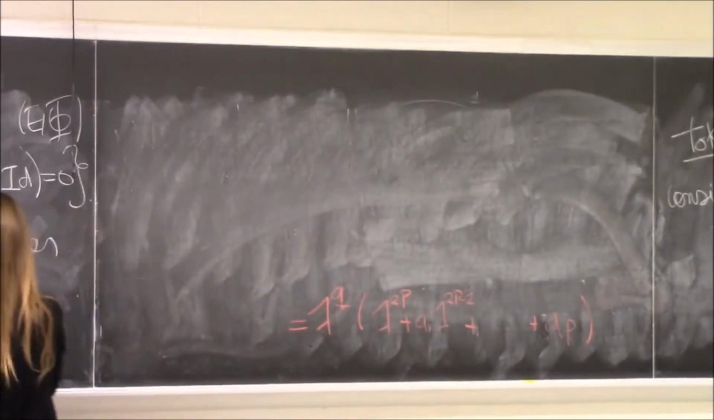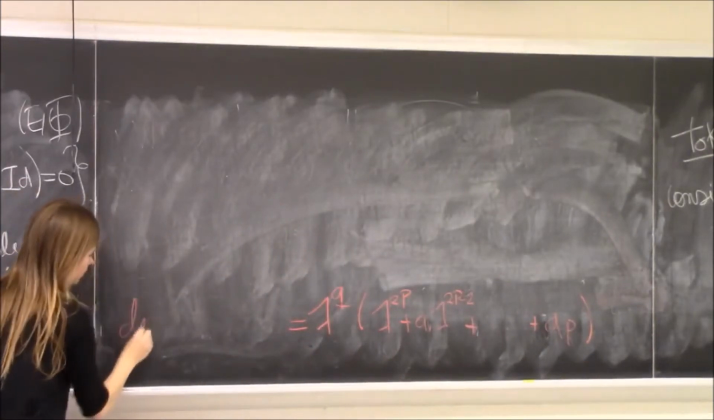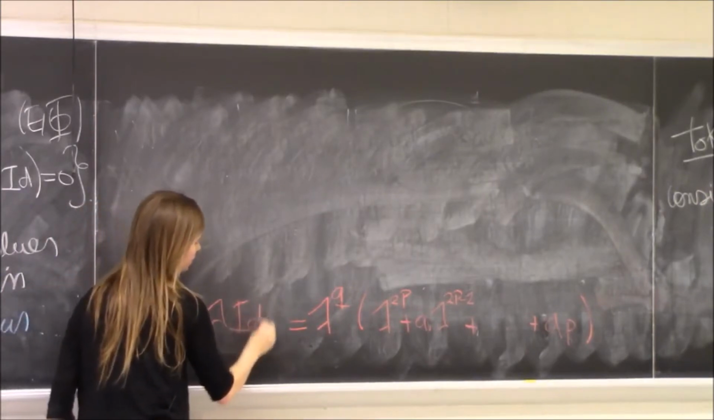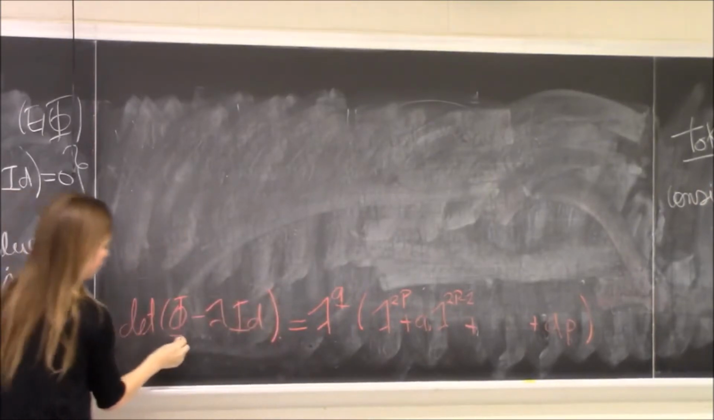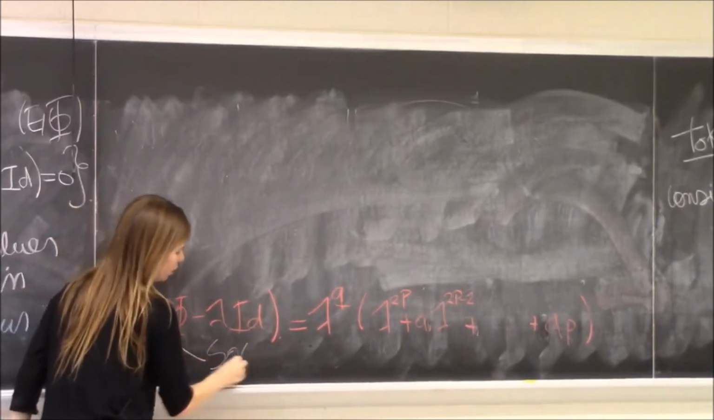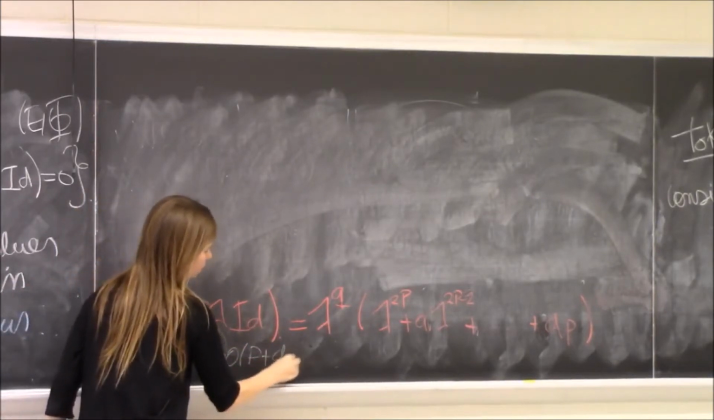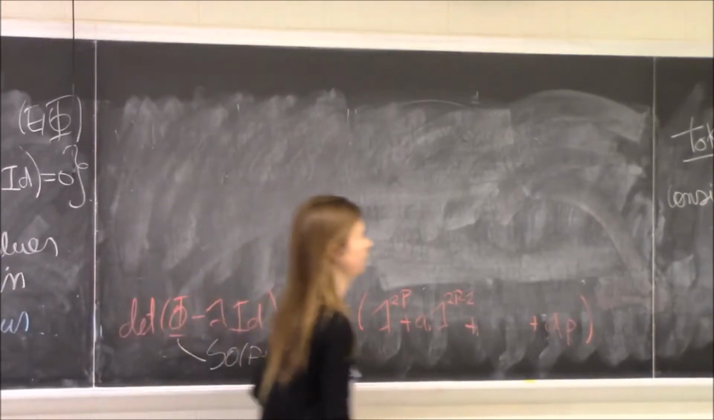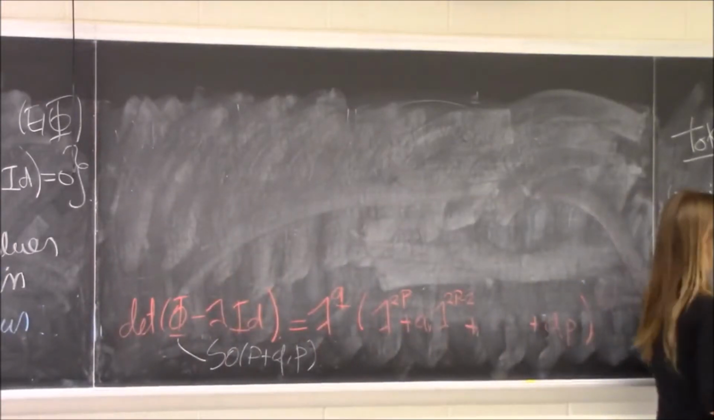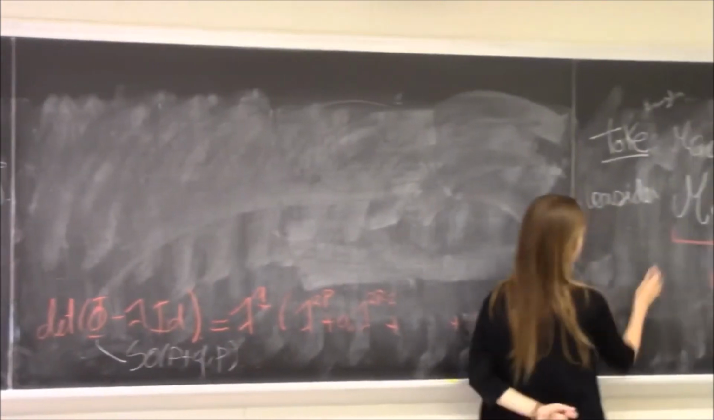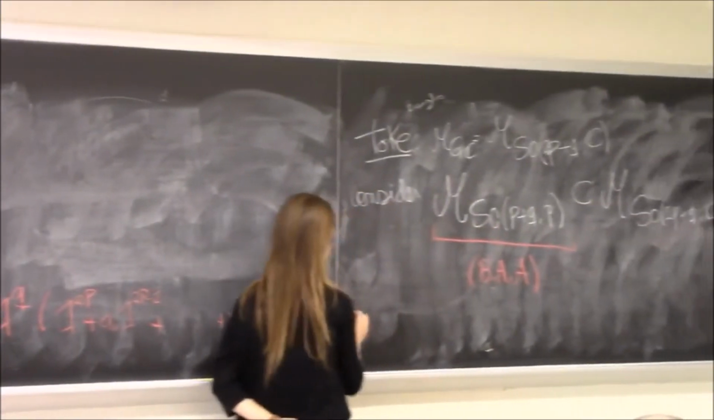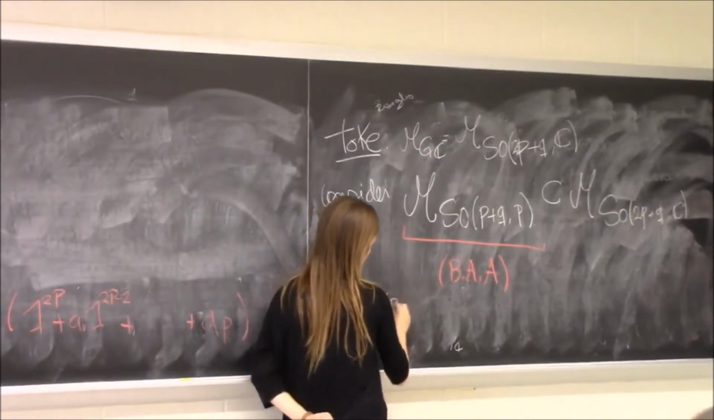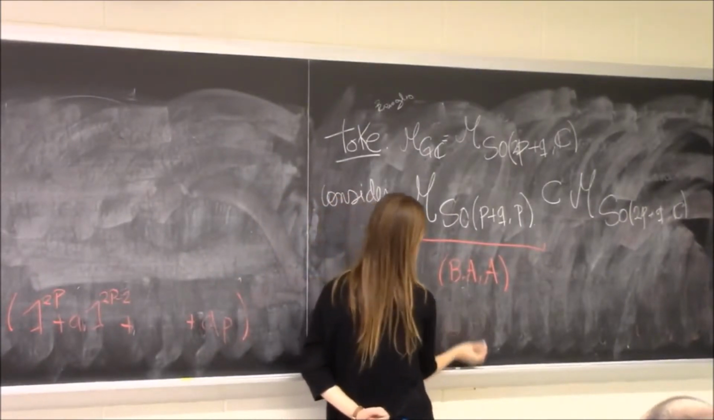So this is the determinant, remember, of phi minus lambda times the identity, where phi is a Higgs field, which is an SO(p,q) Higgs field. Now I've told you that this is the characteristic polynomial, but I didn't tell you how these objects look. So you had to believe me, but the way these Higgs bundles look is the following. An SO(p,q) Higgs bundle